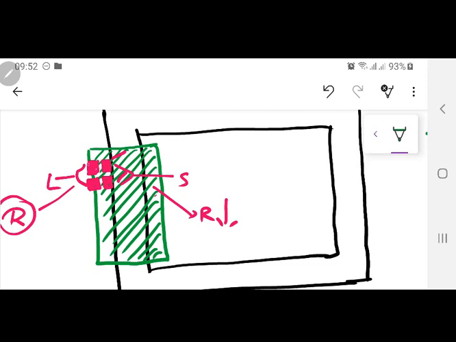So when you talk about 2 cross 2, you use the notation 2W into 2D. What does this mean? D means depth, W means width. This is the first conductor here. This is width-wise going down. This was the window height, so you can take the window height in this direction.